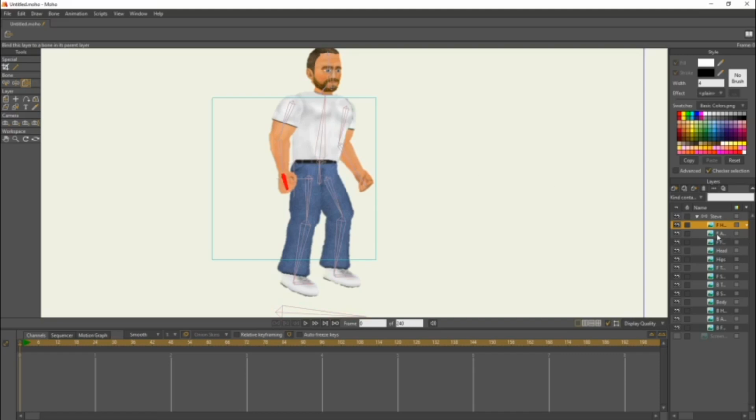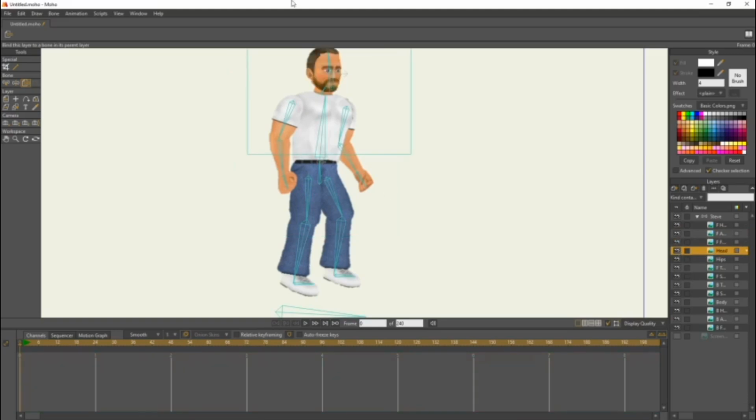So now we're going to do that for the front arm. If you can't see these options, just click the hide and show tool to see which one you're working with. So we're working with the front upper arm. We're going to bind that layer to the front upper arm bone, hide, show, doing this bone here, and just do that for all of them.